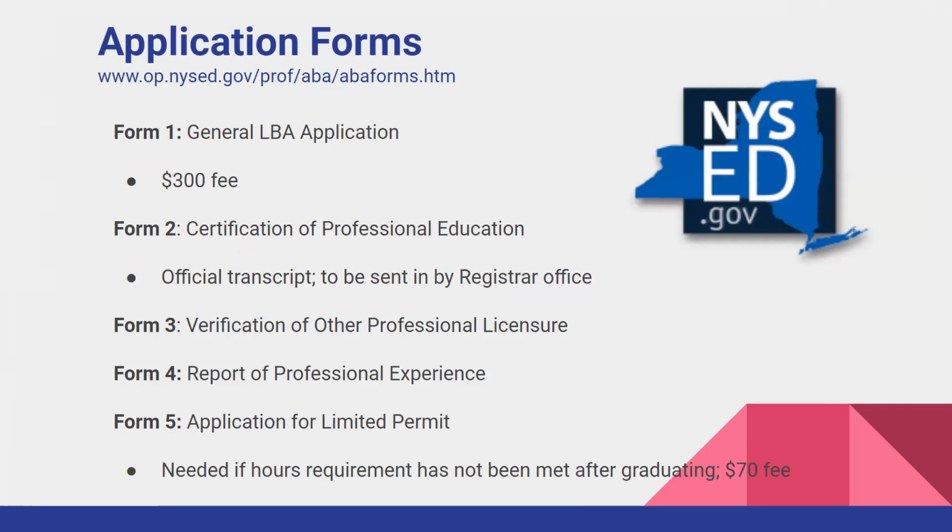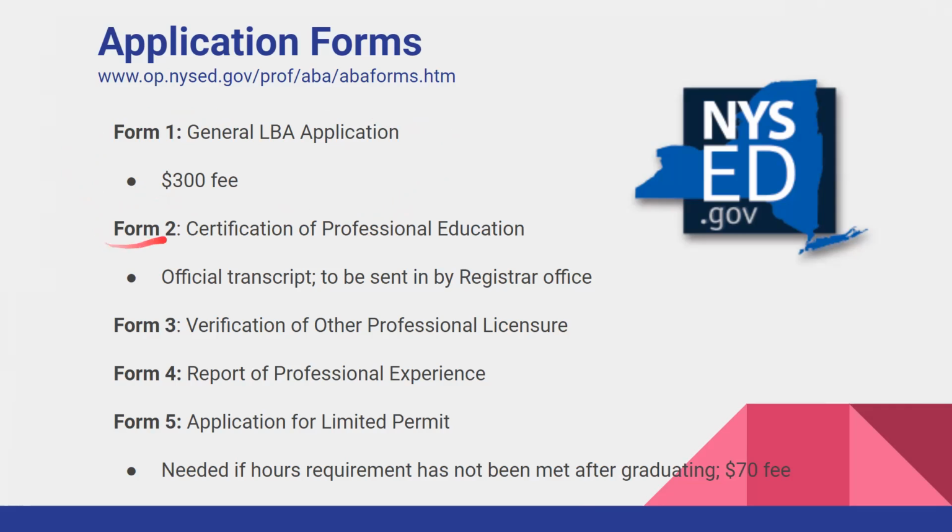So we're going to sum up all of the application forms that you need in order to apply for the LBA. The first form that you'll do is the general LBA application, and that's when you'll pay your $300 fee. You're basically just submitting all of your basic and demographic information. You can complete Form 1 and pay that fee at really any time after you graduate, I believe. There's really no rush to do it, because what the state is going to wait for